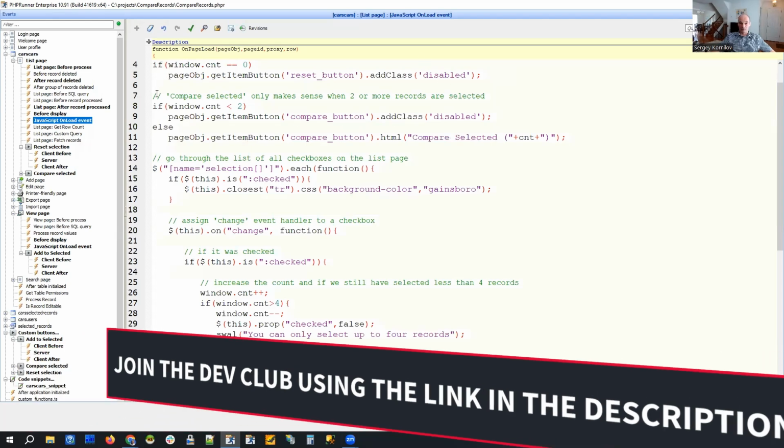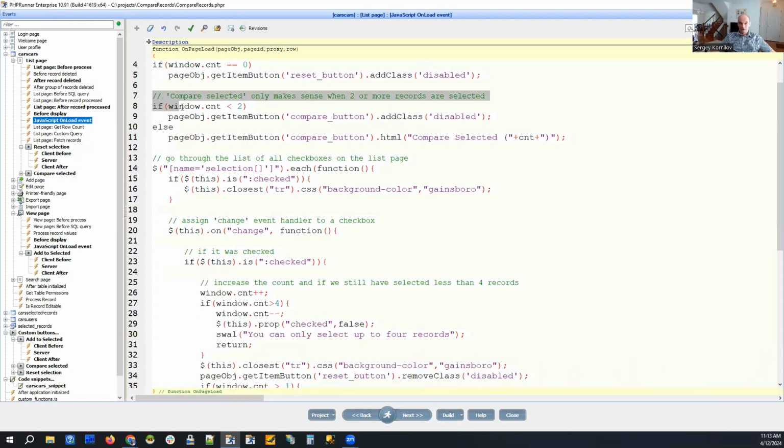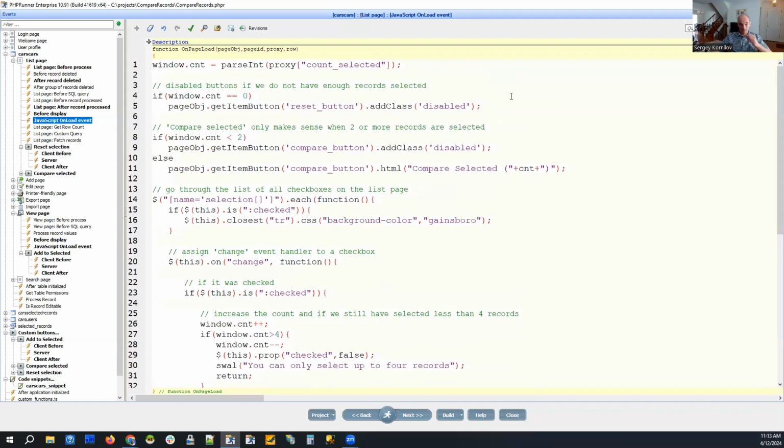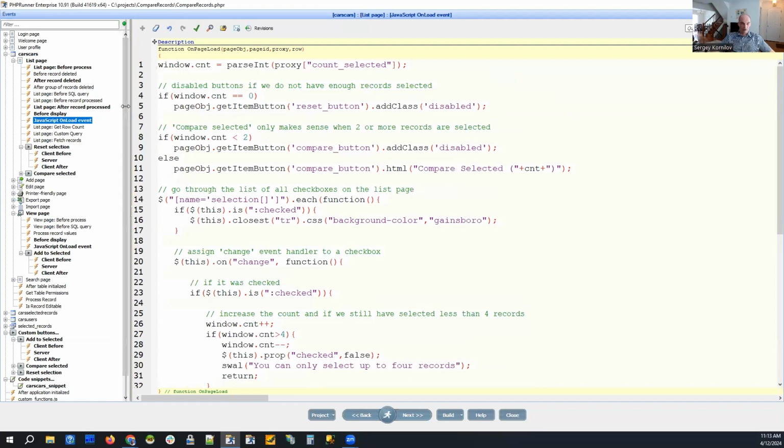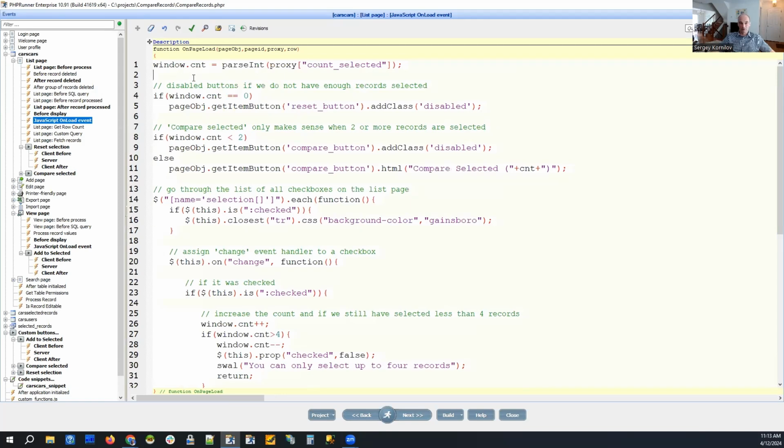Here we just see if we need to enable or disable our buttons. We get from the proxy object the count selected, which is the initial number of selected records that we had before we hit this page, if you're coming from another page or some other table, and we save it in a